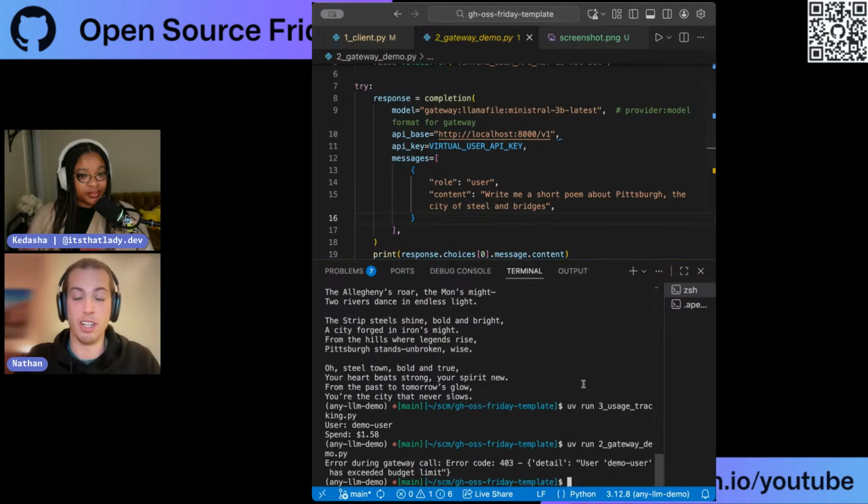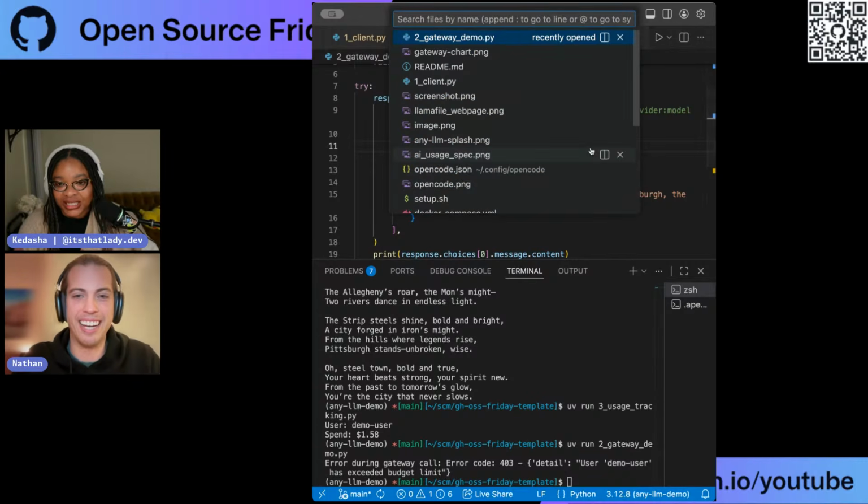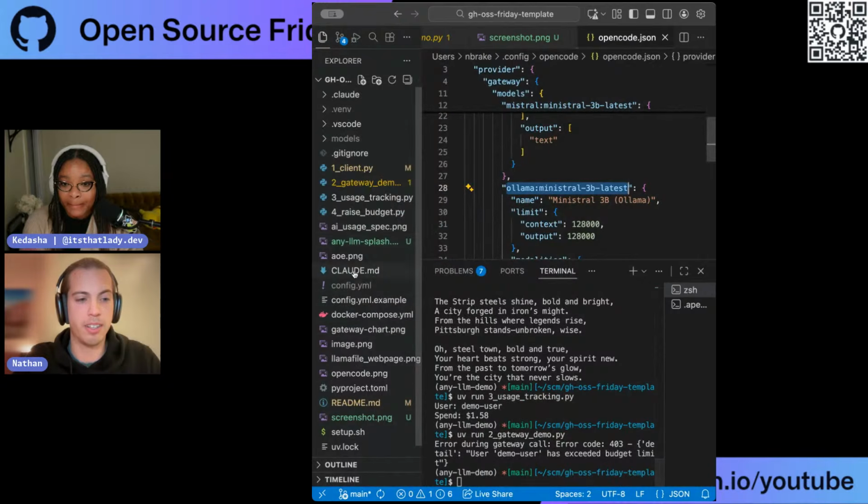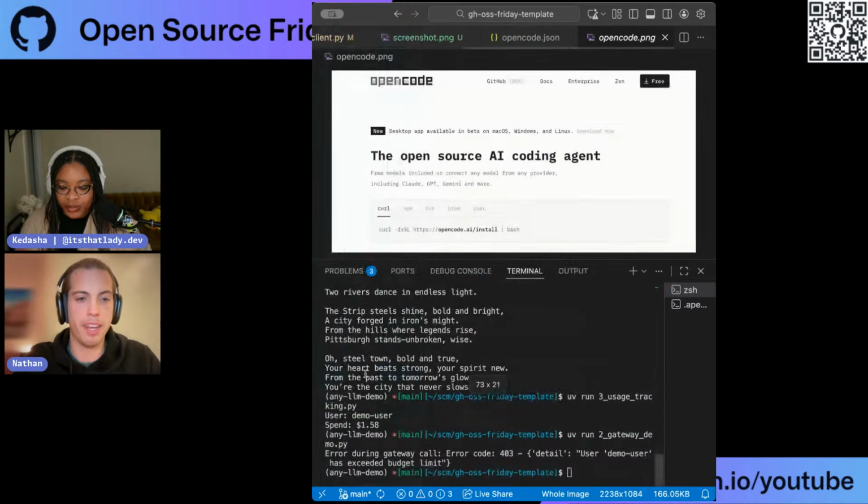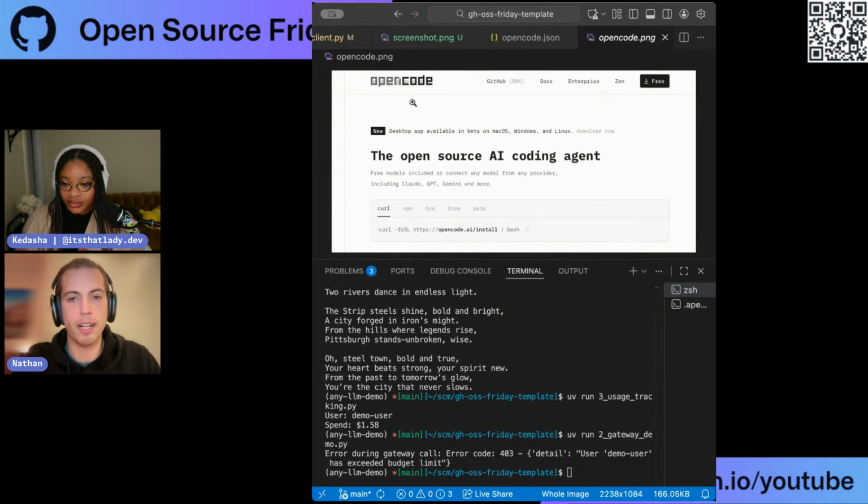All right. Should we get really crazy before we run out of time? Okay. So now we're going to go wild. We're going to add this into OpenCode. So OpenCode is, I'll just show their splash screen where to put it. They're a very popular coding CLI, similar to GitHub Copilot CLI and Claude Code and all that.